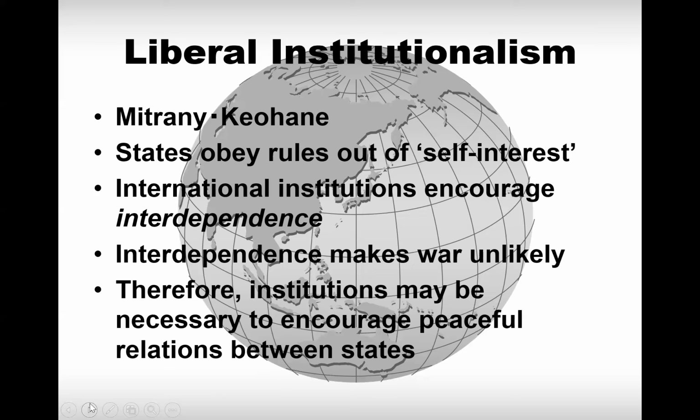So today, Japan, the People's Republic of China, and the United States are interdependent. They rely upon one another. This makes war unlikely between them, even though the People's Republic of China is not a liberal democracy. Even though it is a communist state, it is still unlikely to go to war with the United States and Japan.